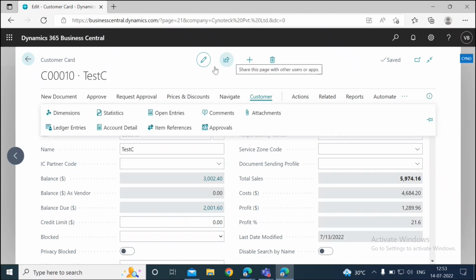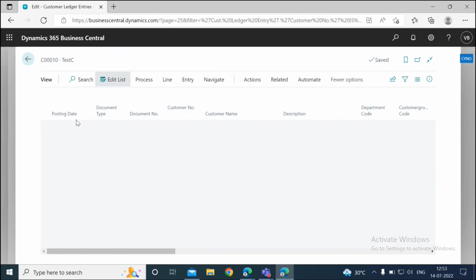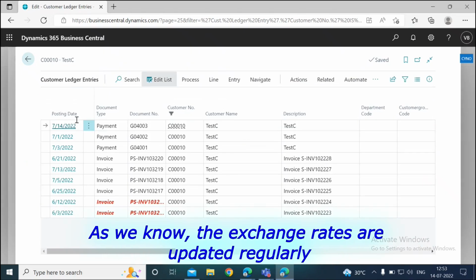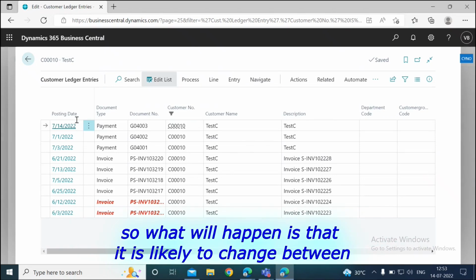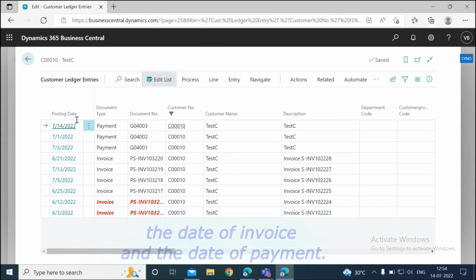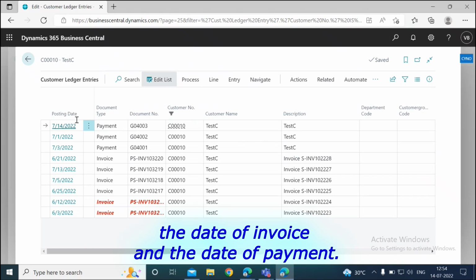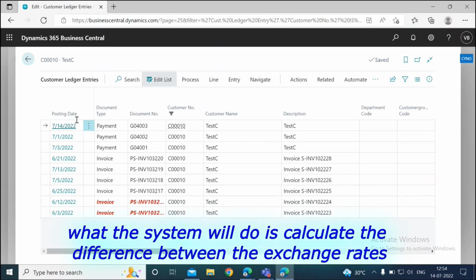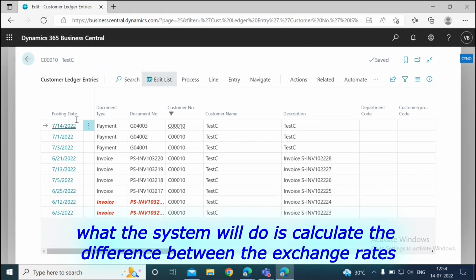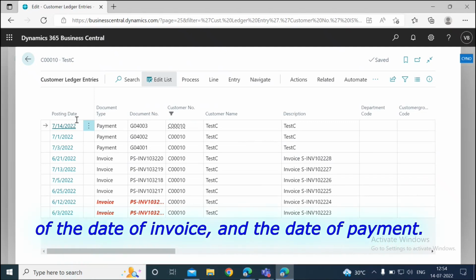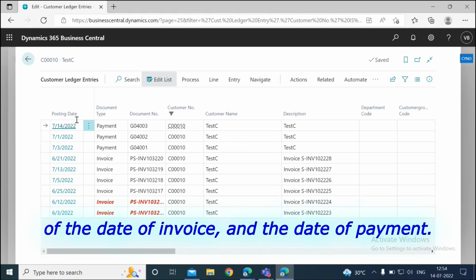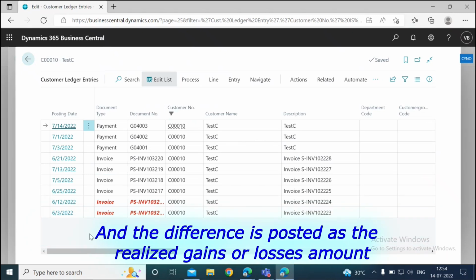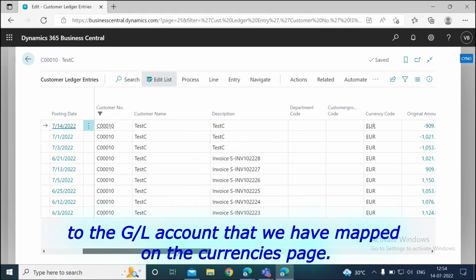Now we can go to the customer card and go to the ledger entries. As we know, the exchange rates are updated regularly, so it is likely to change between the date of invoice and the date of payment. When we make the payment for the invoice, the system will calculate the difference between the exchange rates of the date of invoice and the date of payment. And the difference is posted as the realized gains or losses amount